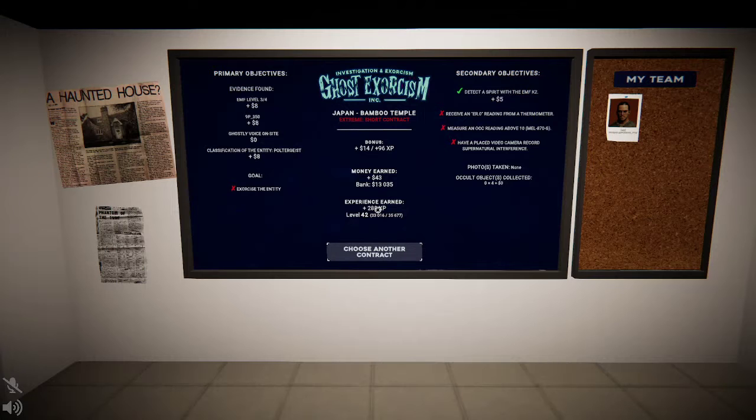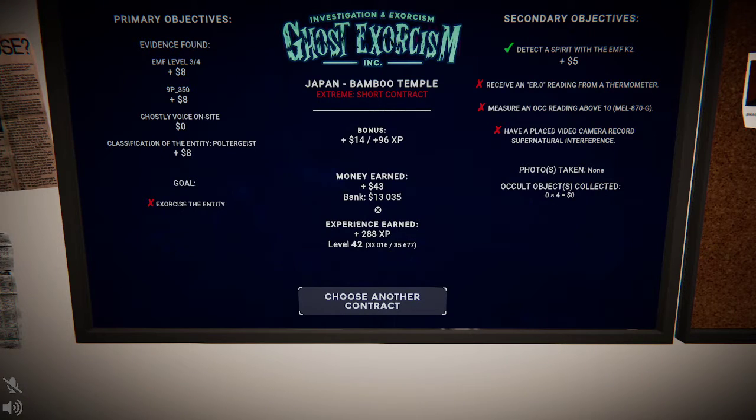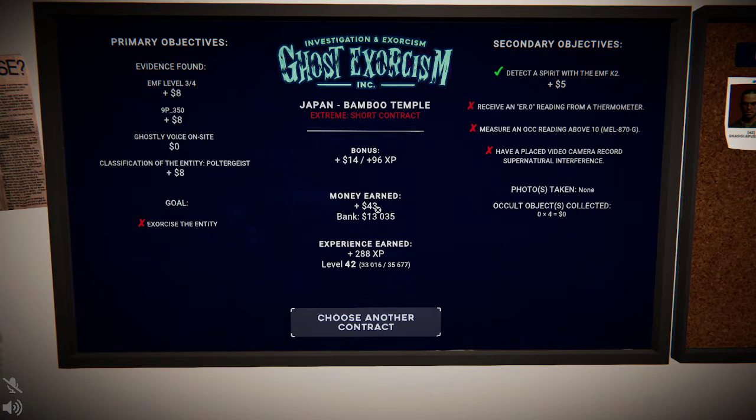But as you can see, the ghost is not restricted to where it can and can't roam. I must admit it played pretty effectively. And as you can see, I only got the detector spirit with the EMF $5 and EMF level 3 to $8 and 9p3 $58. That was due to the fact that I died. Normally it's about $25 each. But